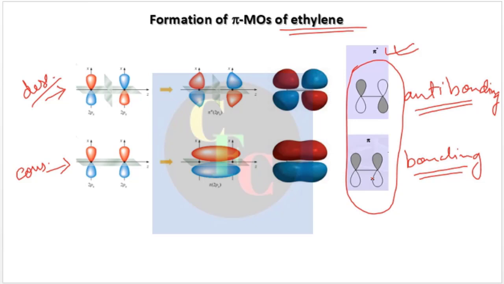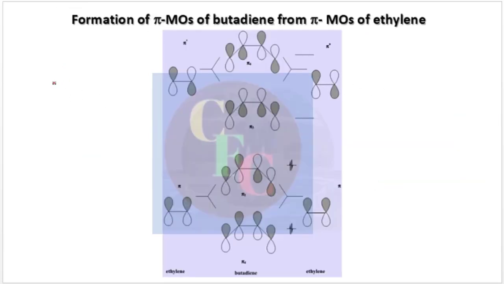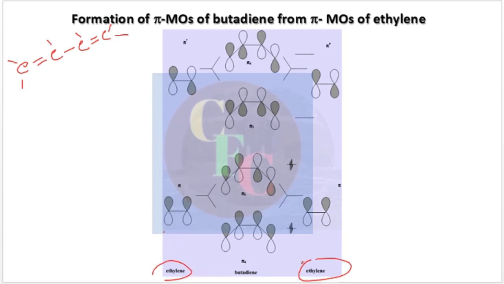The next higher polyene is of course the diene, butadiene. This is our butadiene. Of course, there are hydrogens in there. Now see, we are constructing the molecular orbitals of butadiene with the help of the pi molecular orbitals of ethylene. Here we have two ethylenes. Suppose two ethylenes are making up butadiene, like two hydrogen atoms making up H2, similar to that.